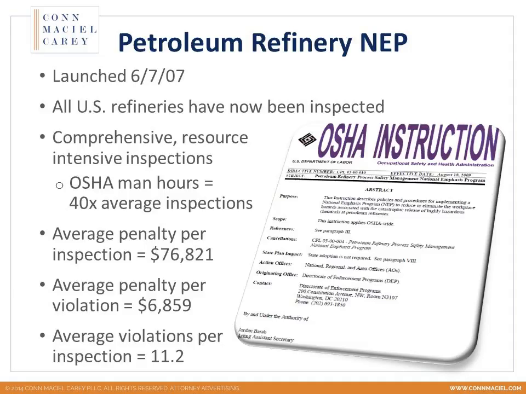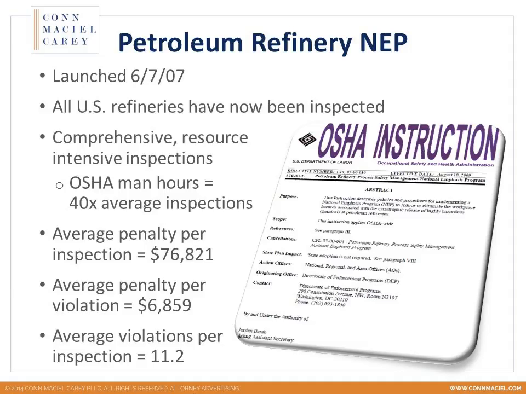And the average penalty per violation was approaching $7,000, which, as you know, is the maximum penalty per violation for a serious violation. The actual average per serious violation across the country, across any type of inspection, is about $2,100, $2,200 per serious violation. So here we were seeing either a significant number of repeat and willful violations, which carry 10 times higher penalties, or most likely the penalties that were issued here per serious violation were approaching the maximum that could be assigned to a violation.